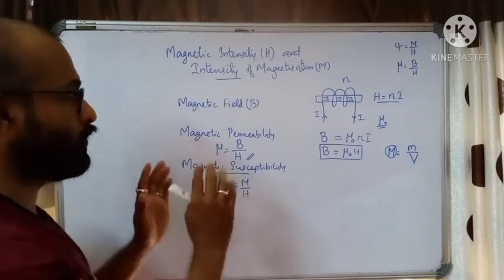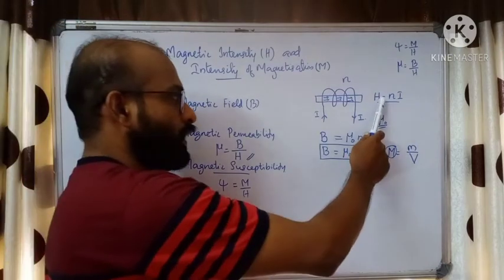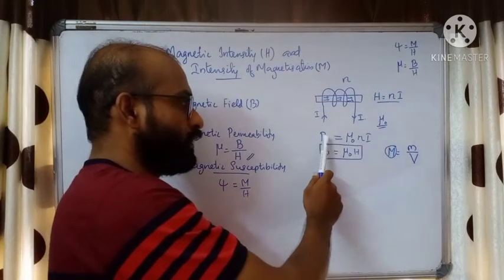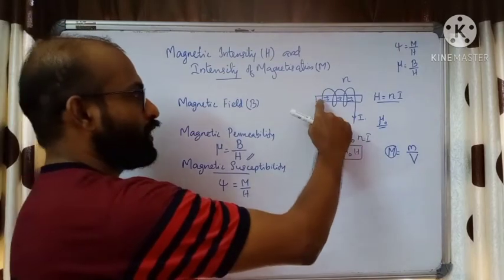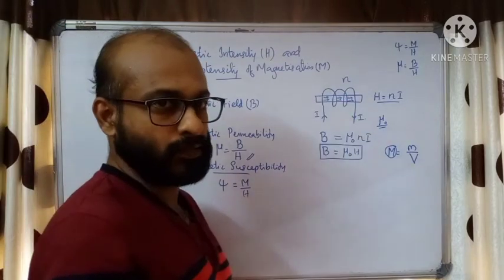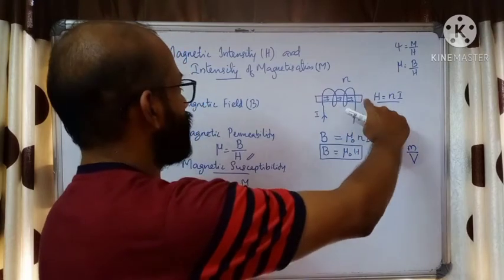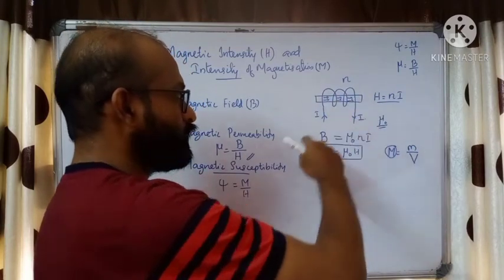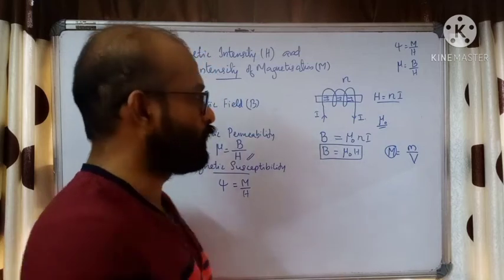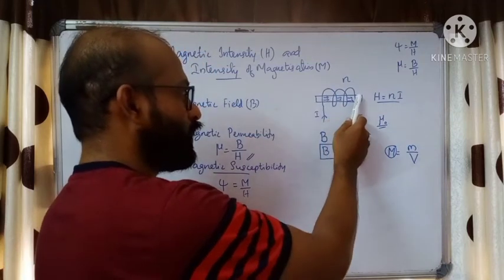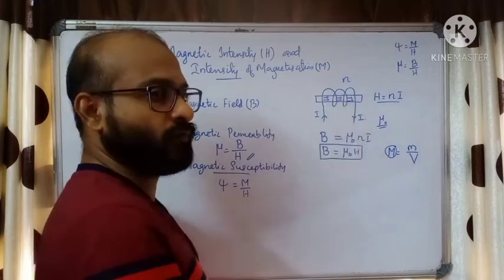Okay, we have seen a few terms. H is familiar to you now, magnetic field intensity, and intensity of magnetization. Now we see here, the iron rod is magnetized. It has an intensity of magnetization. Since it is magnetized, it can produce a magnetic field surrounding it. Now it will behave like a magnet.